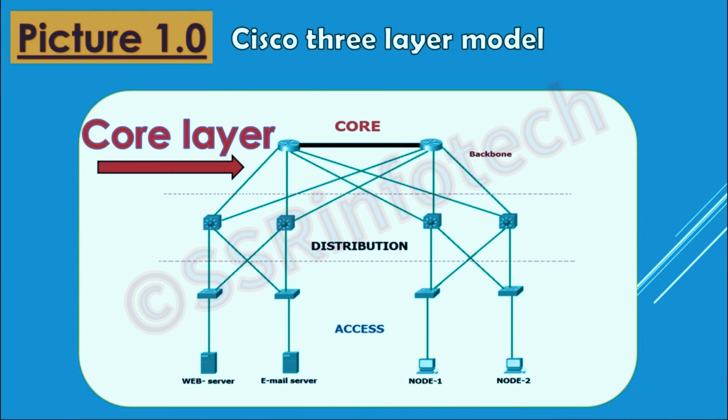The core layer. The core layer is responsible for transporting large amounts of traffic both reliably and quickly. The only purpose of the network's core layer is to switch traffic as fast as possible. The network core is mostly made up of enhanced optical fibers. The traffic transported across the core is commonly used by a majority of users. If there is a failure in the core, every single user can be affected. This is why fault tolerance at this layer is so important.